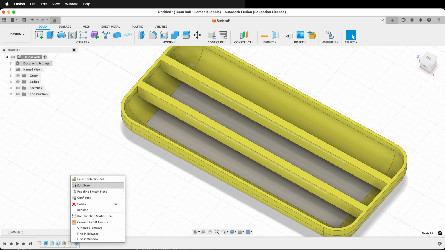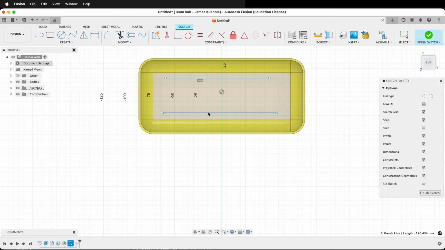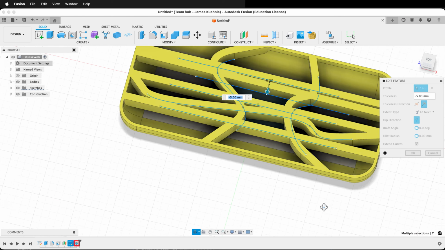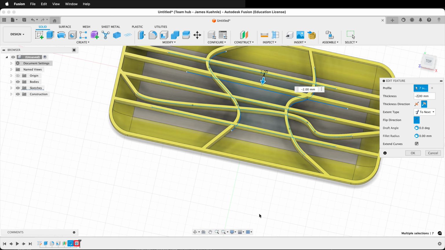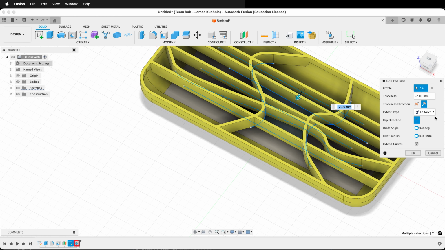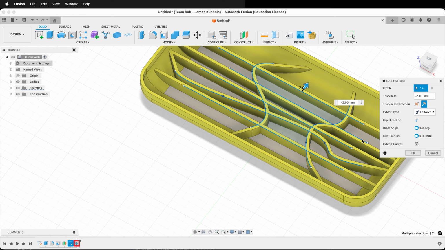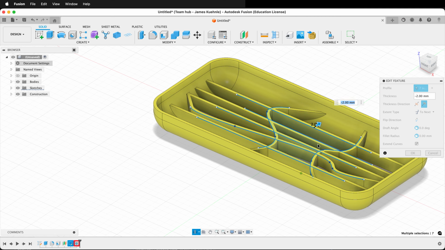What's really great is I can come back, edit this sketch, move these webs around. I could draw a few more lines in. And of course, you can make webs that are splines. You can make webs that are all kinds of different shapes, and I can change the thickness of these, and they'll go all the way down. And if I want it to go all the way down to the bottom, I can have it go to the next. And if I flip the direction, it's going to go all the way down to the bottom there,